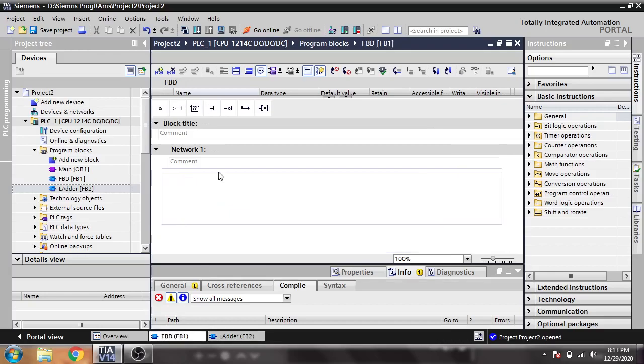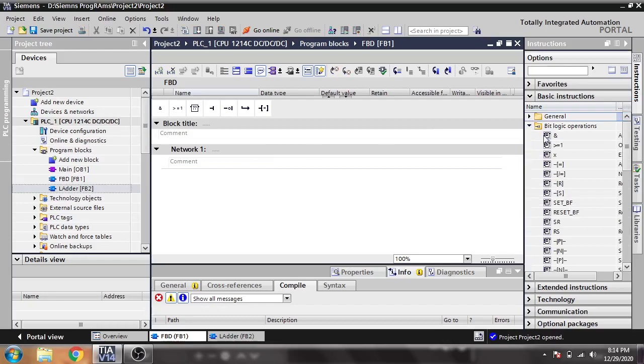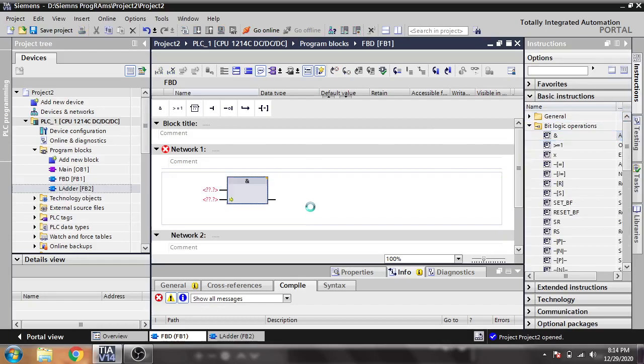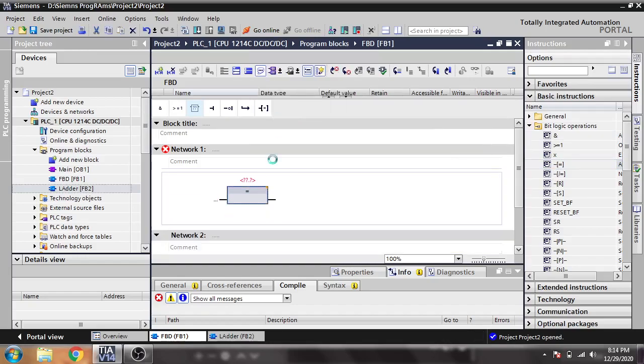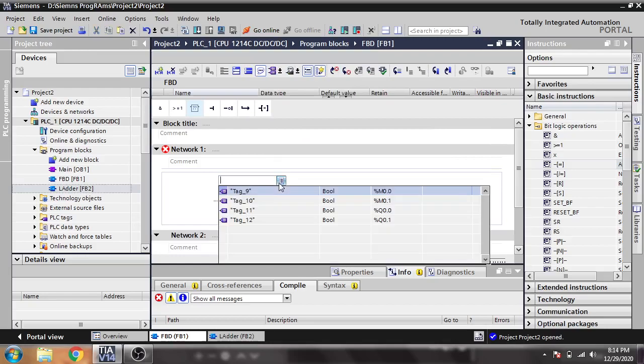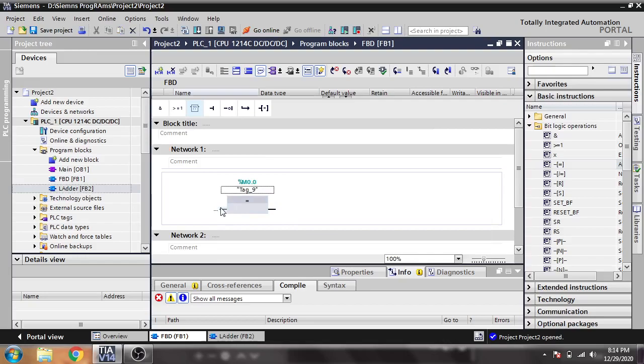So let's see. First of all we need a basic logic operation. I am going to enter an AND gate, and I don't think I need an AND gate, but I'm going to enter that 0.0.